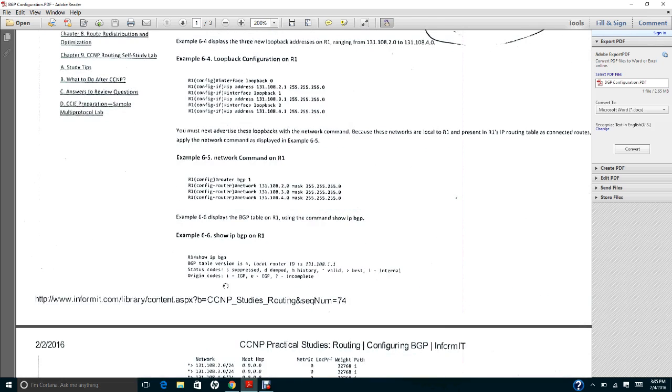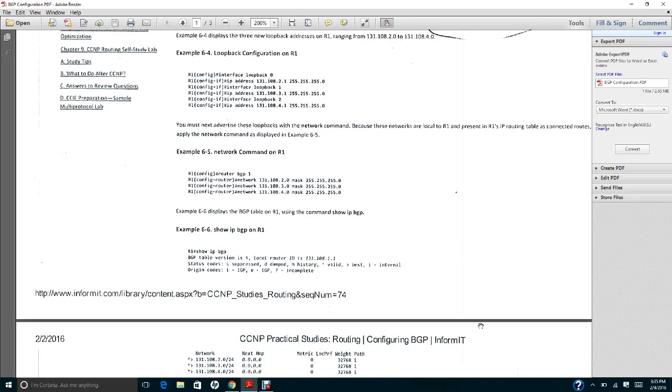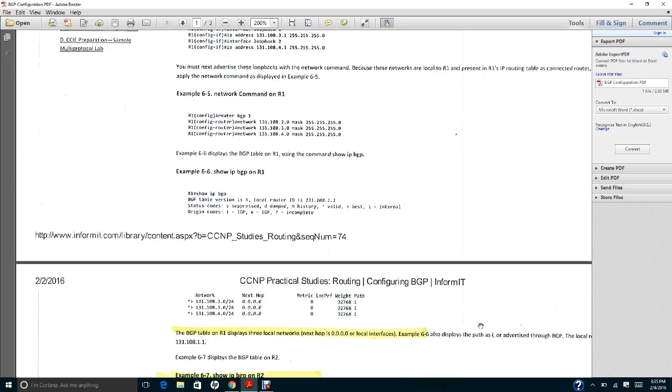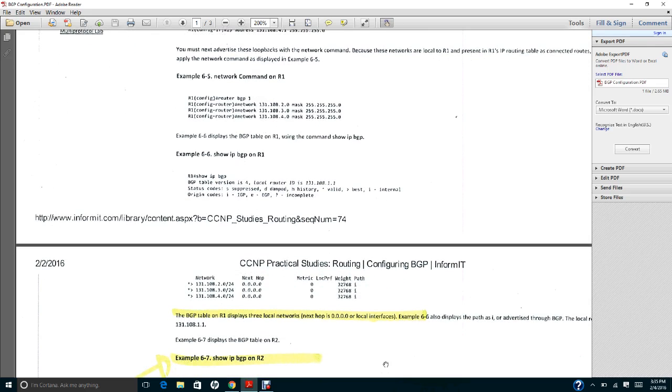We're gonna type this one, show ip bgp. When you see show ip bgp, they only display this one: 131.108.2.0/24.